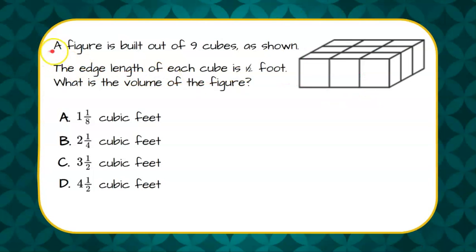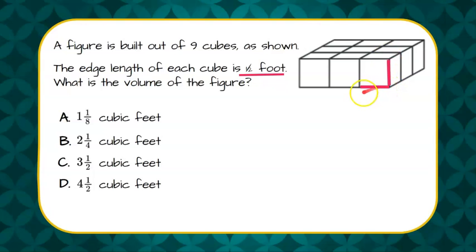Our question states, a figure is built out of 9 cubes as shown. The edge length of each cube is 1/2 of a foot. We're asked to find the volume of the figure. So if each cube, we have 9 cubes here, is 1/2 a foot, so 1/2 of a foot by 1/2